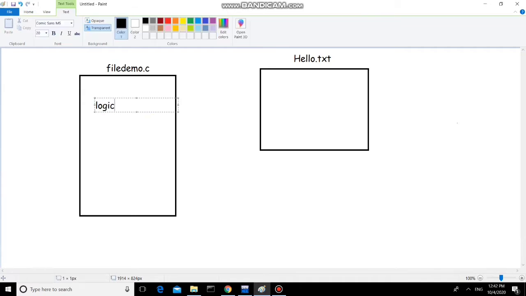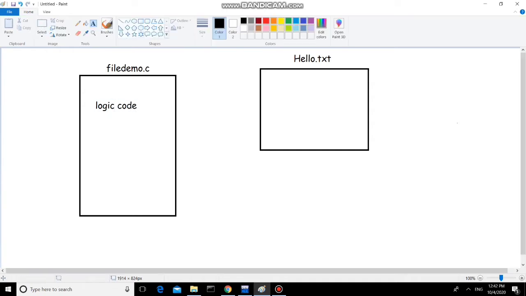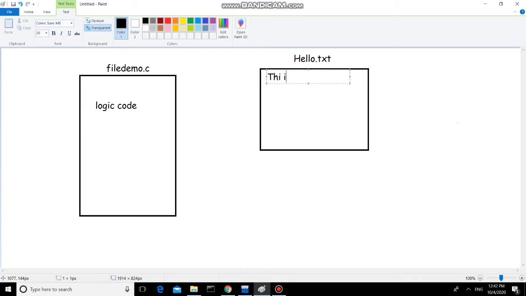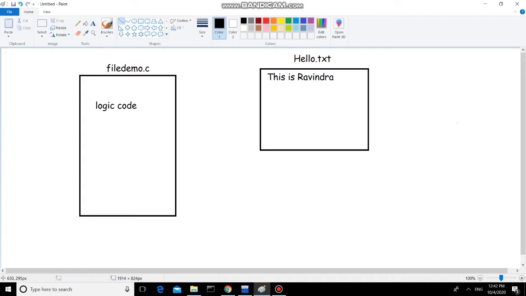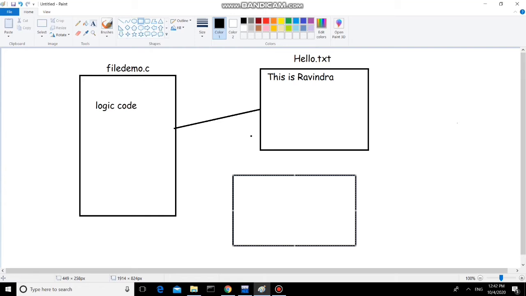I am going to write the logic code for reading the content from hello.txt. So the source text file is hello.txt and the contents are "This is Ravindra." File demo.c is the C source code file which has the logic for reading this content, "This is Ravindra," and I am going to print these contents to the output screen.